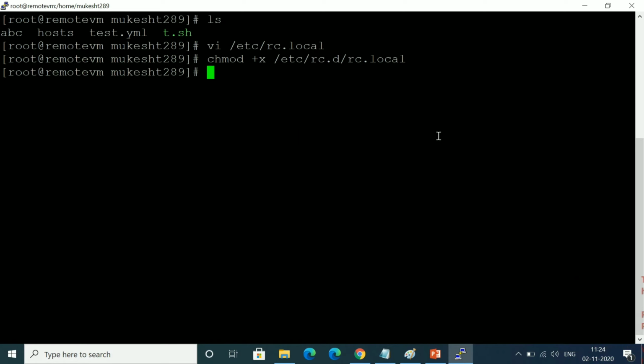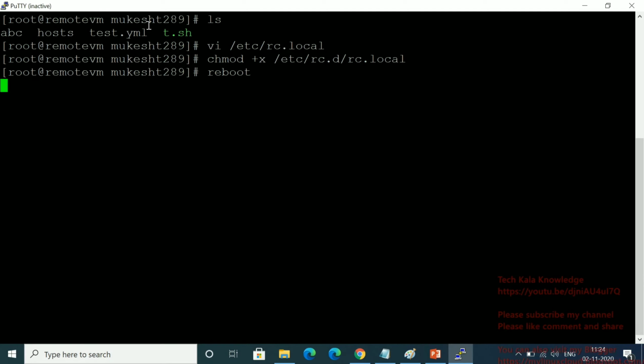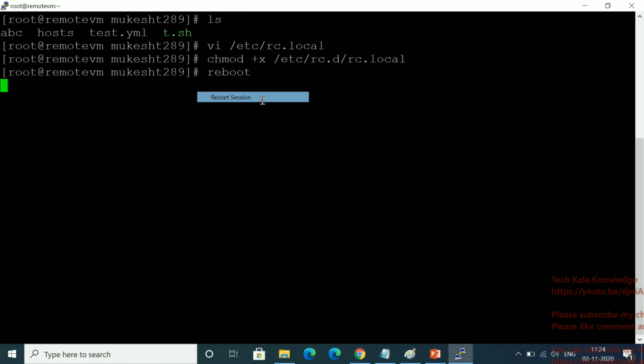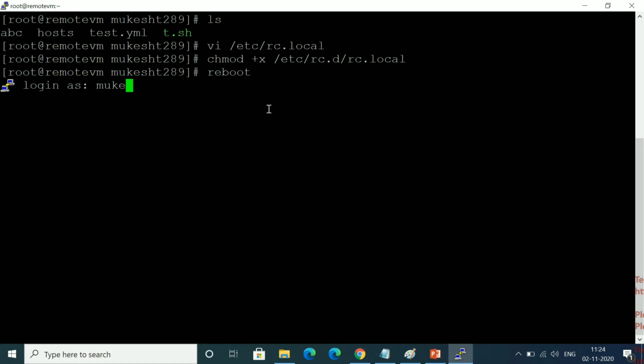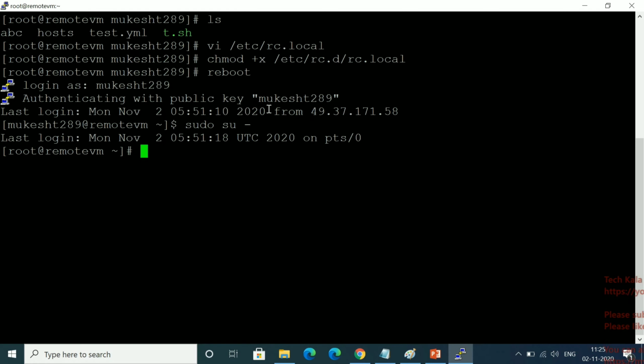Now you have to reboot this system. I rebooted. As of now, you can see in my home directory no log file is there. Fine. Let me log into this server again and switch to the root user.